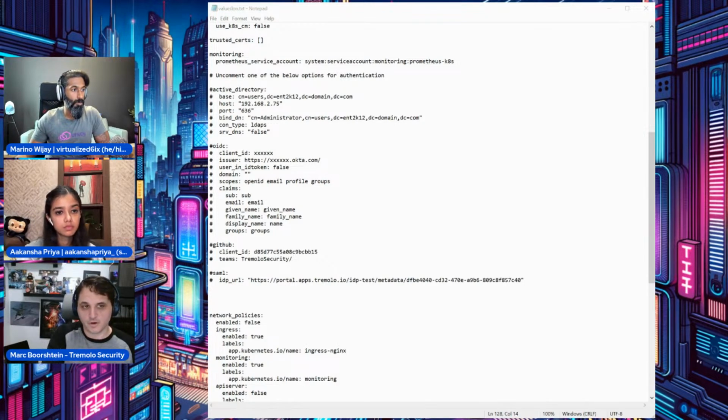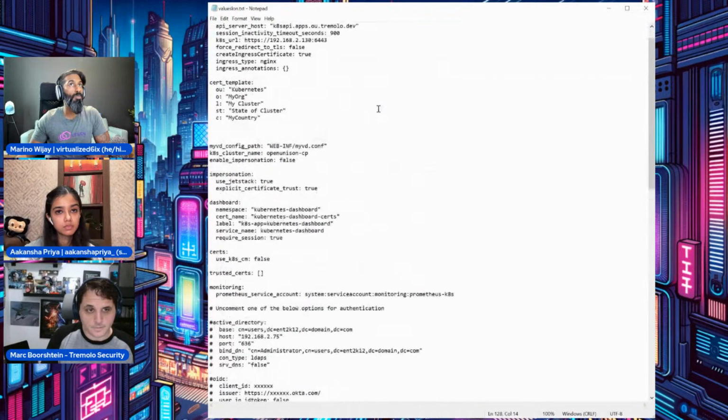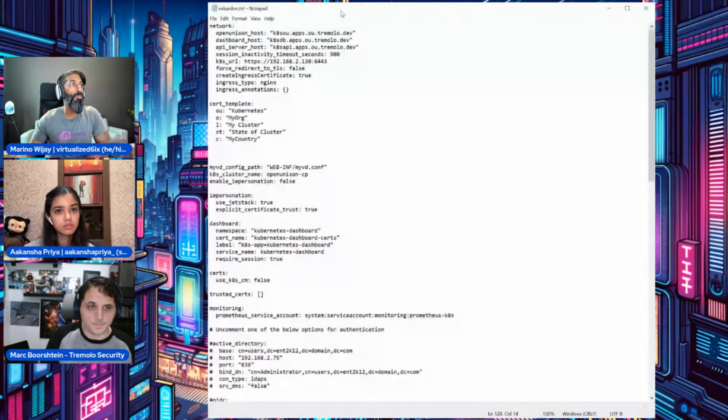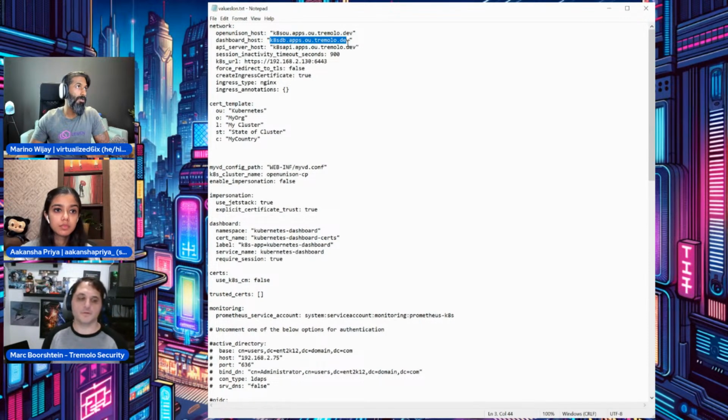So if you go to the very beginning section, the first thing is you've got the three hosts: your OpenUnison host, your dashboard host, and your API server host. These all have to point to your load balancer. So I have to set up a local host entry, or nip.io, I think would. I would go with nip.io, it's going to be your best bet, because